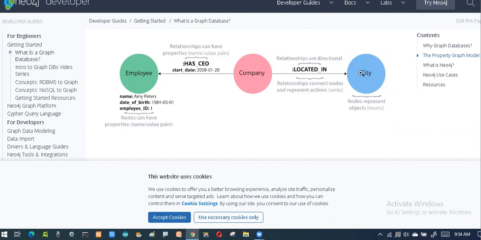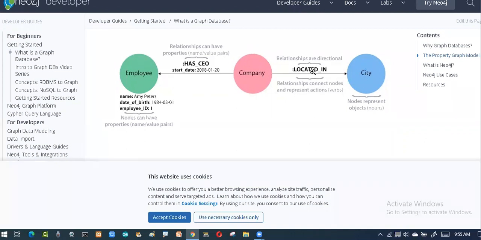Then if you look at another node here, city is another node. Now how will it work? Located in. Located in is the action. So when I say located in, it's an action, so a relationship can carry an action. This is again connected with a line, and the word is written over it. Seeing this, we can say some action is going on. So the relationship can have an action, and the nodes you have can represent actions also. I'm giving directions, connected over here, saying that such and such a company is at such and such a location.